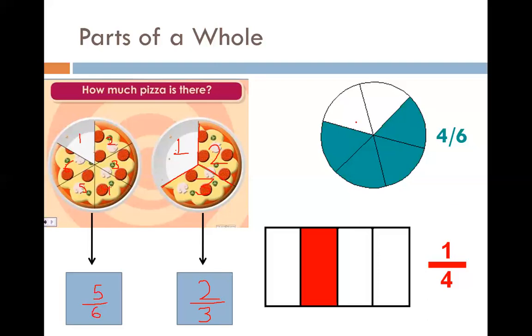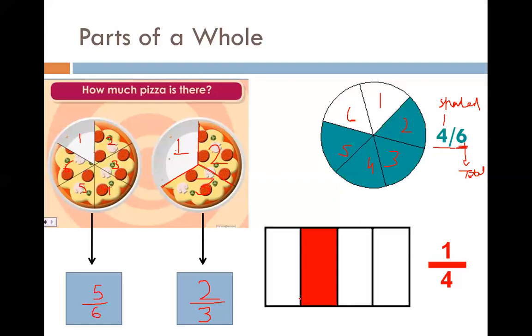So let's come to this part. Here we have a total number of triangles. You can see that the circle has been divided into equal parts. Firstly, we will count its parts: 1, 2, 3, 4, 5, 6. There are 6 equal parts, that is why 6 is in the denominator. And how many parts are shaded? 1, 2, 3, 4. So out of these 6 equal parts, 4 parts have been shaded, so the fraction will become 4 by 6. 4 is the shaded part and 6 is the total number of parts.